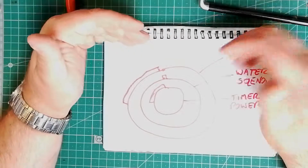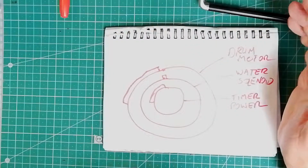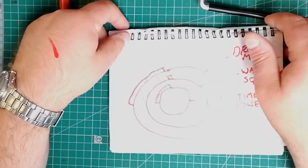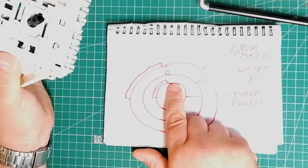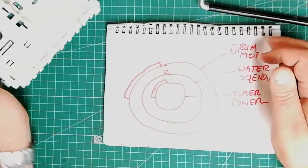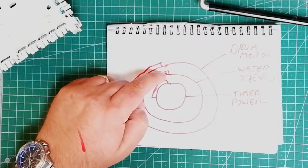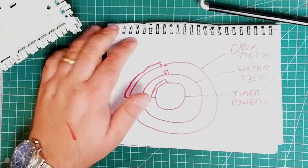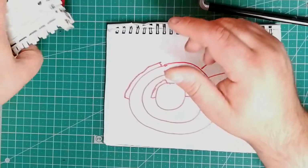As you go around, power to the timer will be cut, only to be restored by another component in the setup. For example, as soon as you turn on the machine and twist the cam from the off position, you don't actually switch the timer on, you actually switch on the water solenoid. The water solenoid opens the inlet, and there's a sensor that detects when enough water is in, and when enough water is in, a relay arrangement, probably a fairly complex one,